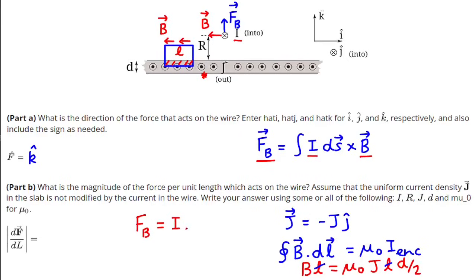So we have the length of that wire, multiplied by the magnetic field being mu naught times J times d over 2. So the force per unit length is obtained by dividing through by the length, or differentiating the expression with respect to length. That gives mu naught times I times J times d over 2. And now we'll go to part C,